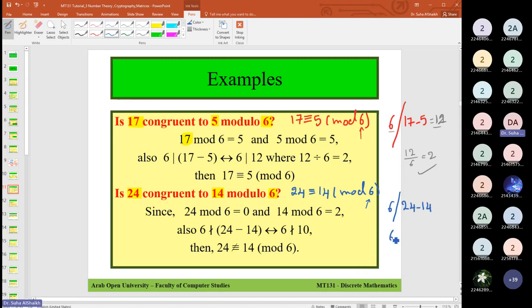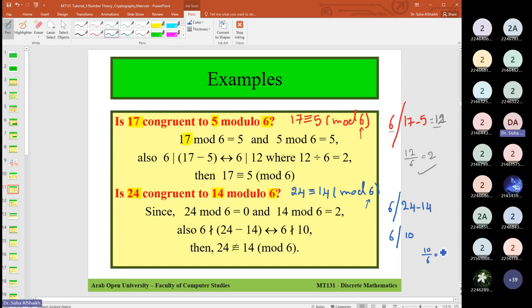So 6 divides 24 minus 14, which is 10. Is it true that 6 divides 10? If I divide 10 by 6,